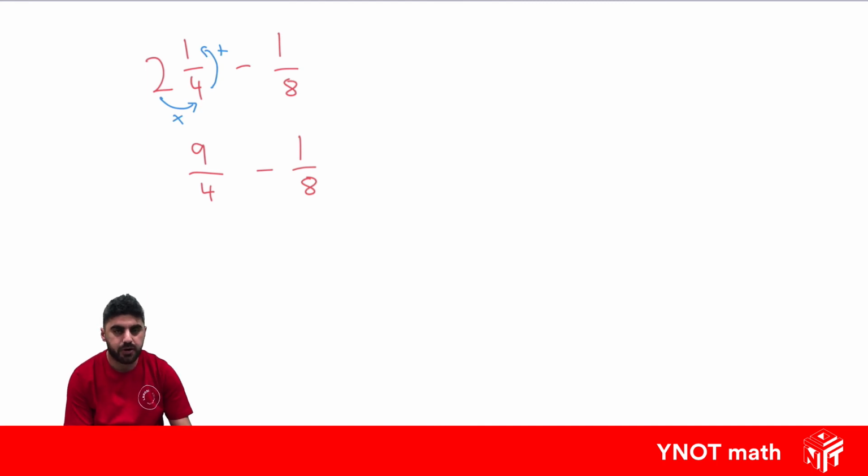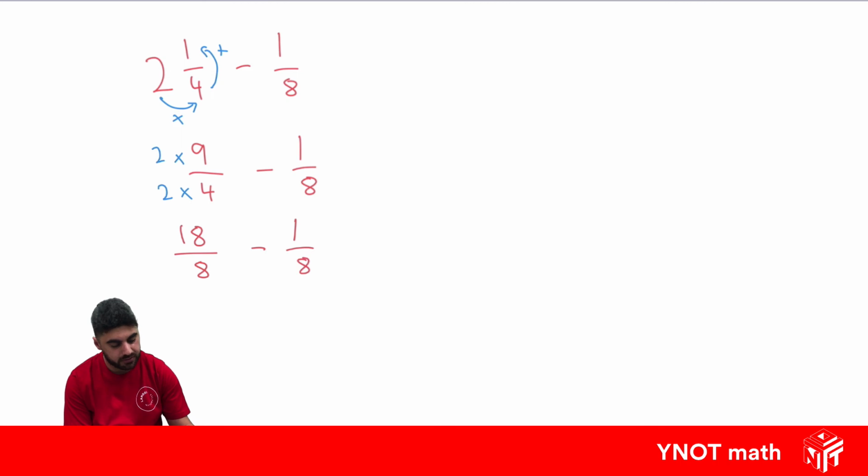So if the lowest common multiple is 8, we don't actually have to change this fraction at all because its denominator is already 8. We just need to change the first one. So to change a 4 into an 8, we multiply it by 2, which means we need to also multiply the numerator by 2. This is going to give us 2 times 9 is 18, 2 times 4 is 8,